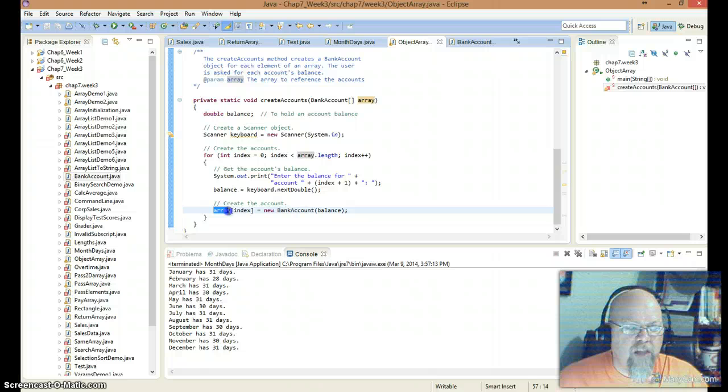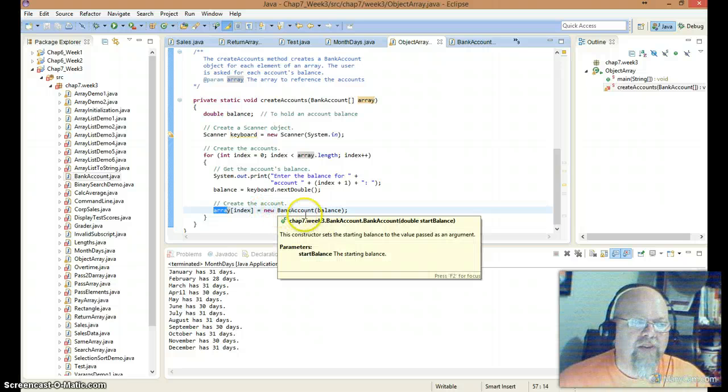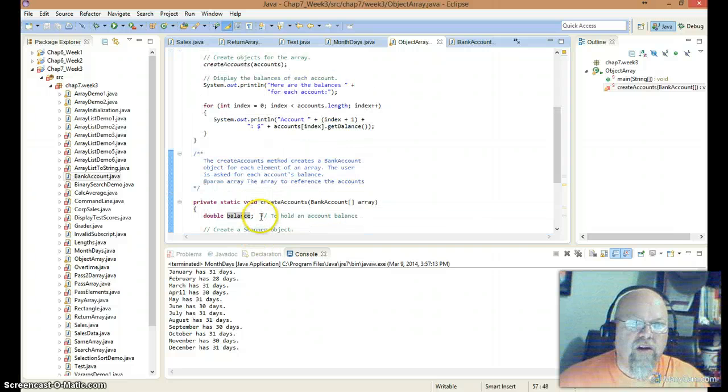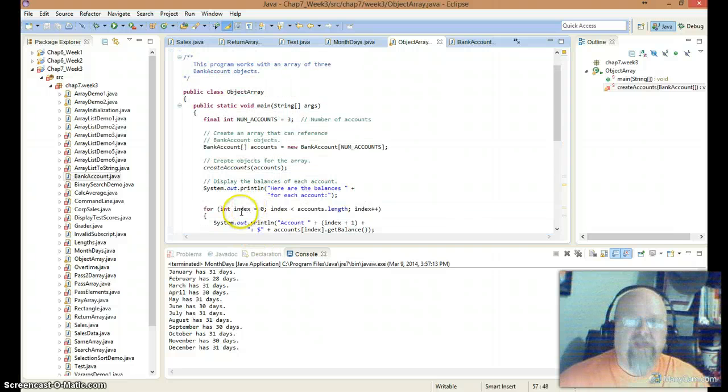Each array element is an object. And I say take that array element and instantiate it as a new bank account class with the constructor of double, because I'm passing a double, and it's going to execute that. So pretty cool stuff there. So I can actually make an object array. Each element is an object all by itself. So if we go ahead and run that,